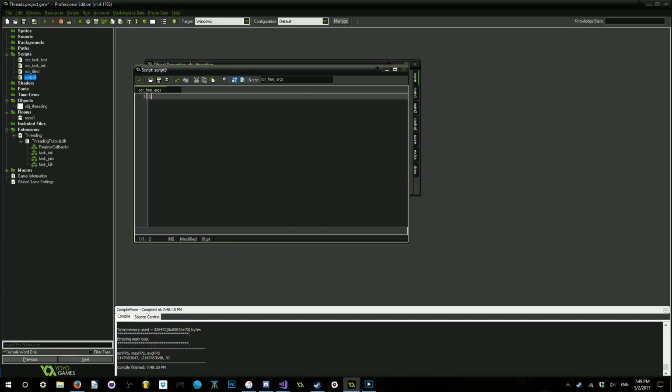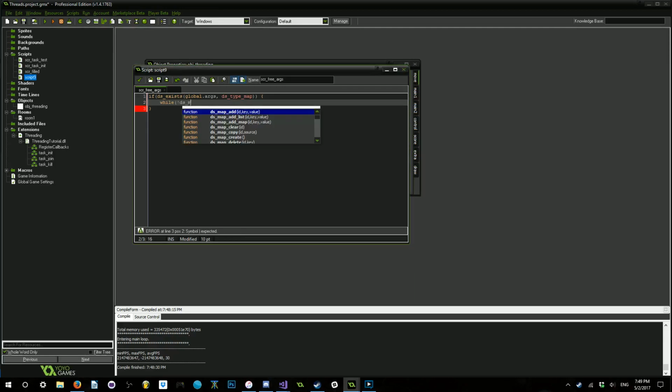And so we're going to say if ds exists, global.args ds type map, while it's not empty, while not ds map empty,